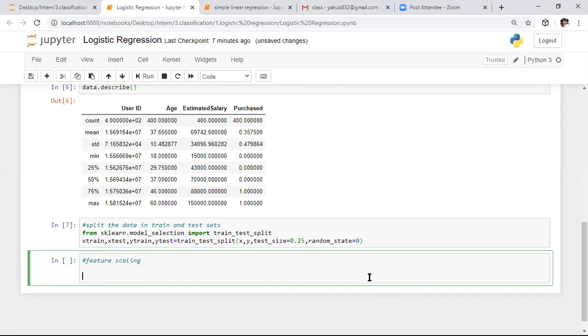Coming to feature scaling, we have a normalization formula.